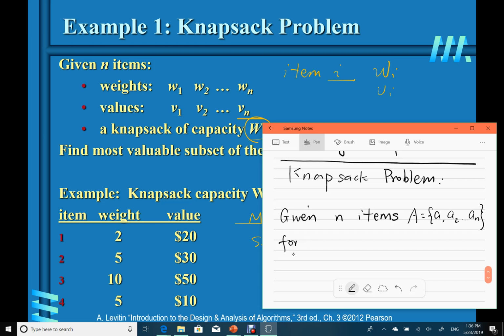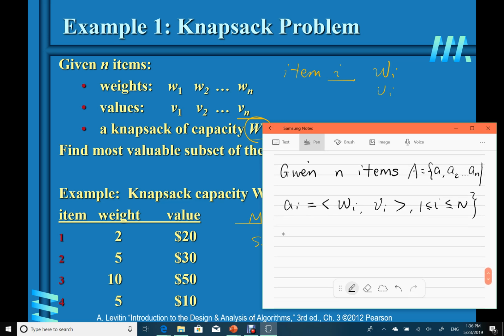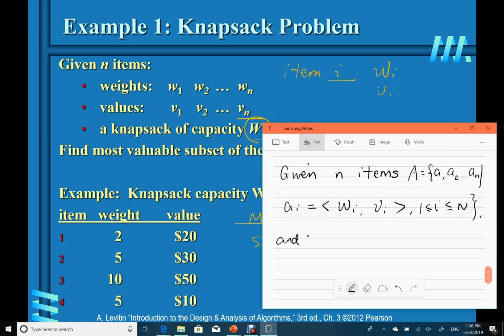Given n items, each item ai, let's say item i, is equal to two values, wi and vi. That makes sense, right? And here we also have i smaller than n, larger than 1. And the question is, this is one condition, the capacity, to find a selection